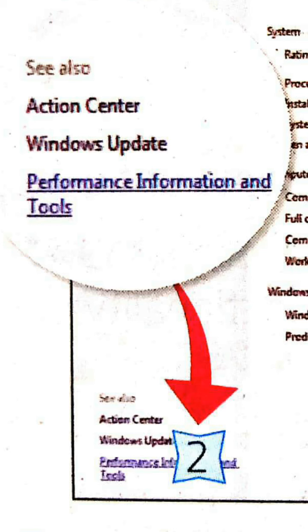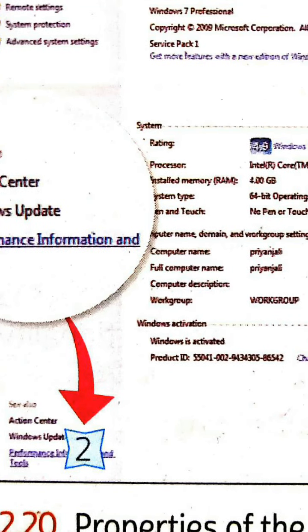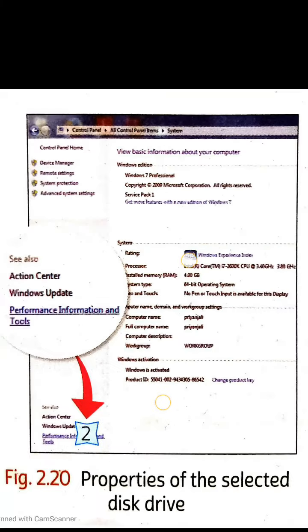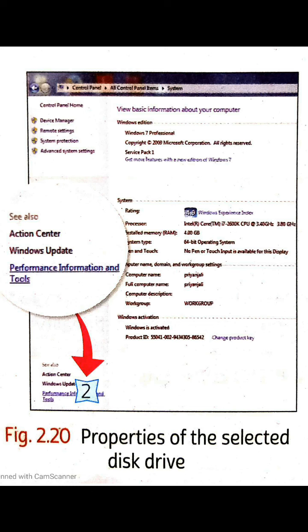The second step. First, where have you clicked? Properties. Then you click on performance information and tools. And then click on Open Disk Cleanup. The disk cleanup will open. See, now I am showing you.